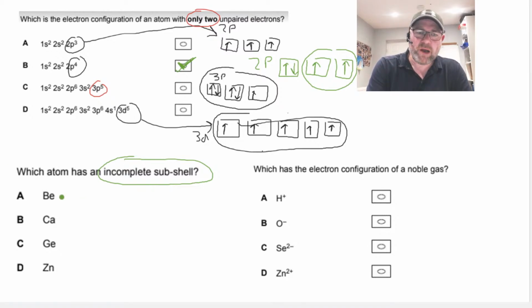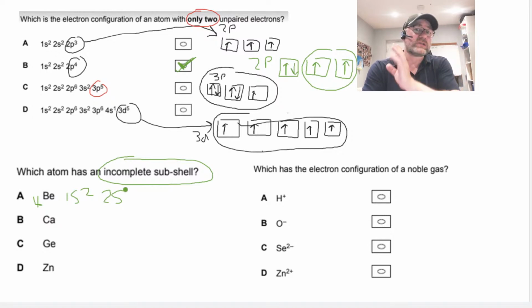Freaky, I know. Right, if we look at beryllium, we just got to look at the electrons. Beryllium on our periodic table has 4 electrons. So that means beryllium is 1s2. And then we go to the second energy level, which we write the number 2, meaning the second ring. And we go back to an s orbital because each number starts with s and then p. But the first energy level only has s. The second one has 2s, 2p, then 3s, 3p. You get it. There's s and p in all of them except for the first one. So that is beryllium's